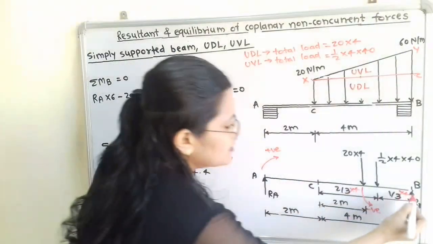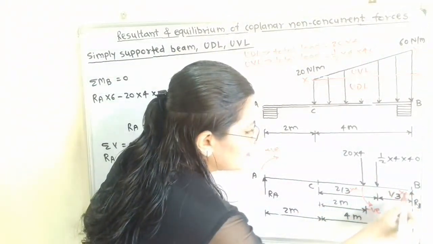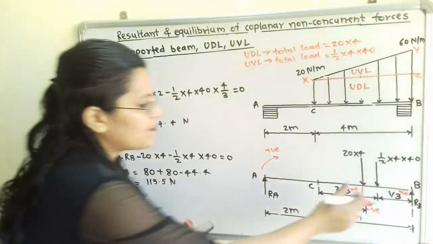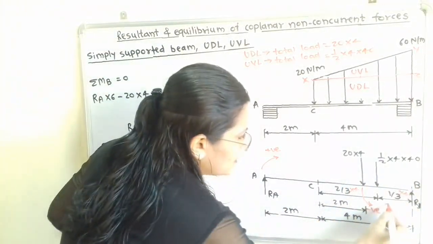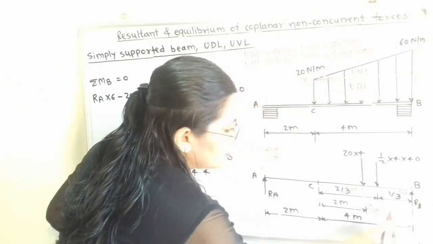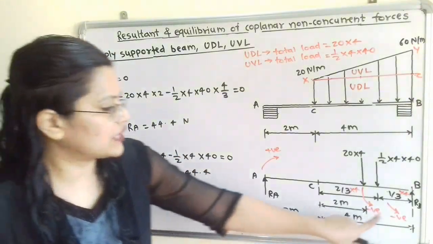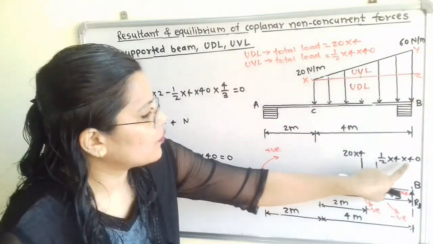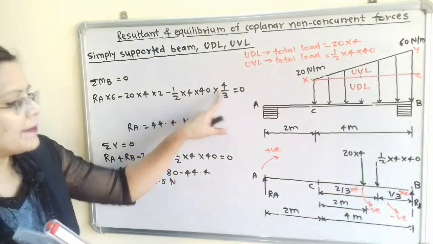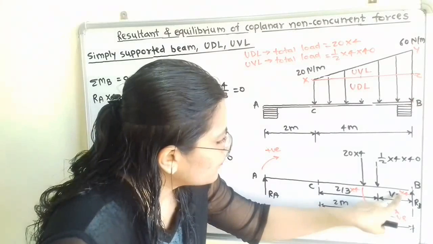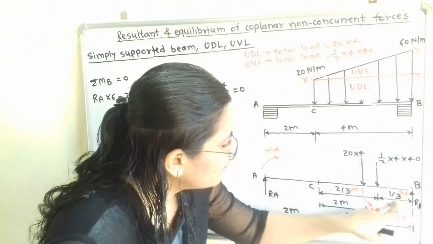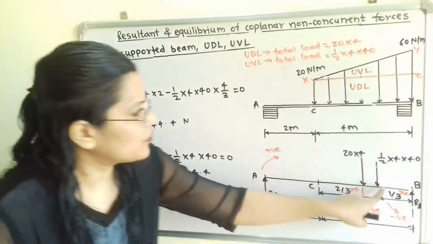So the perpendicular distance from B is 1 by 3 into 4. If I move the compass about point B in the direction of this load, it is also anti-clockwise, so we have to use a negative sign. So minus half into 4 into 40 multiplied by this 1 by 3 into 4, that is 4 by 3